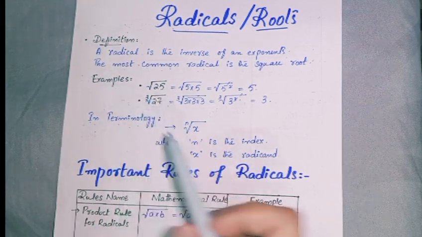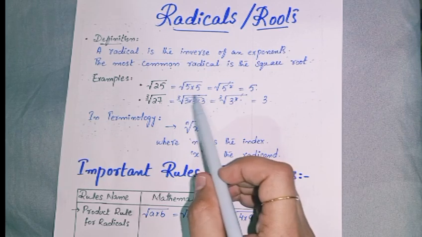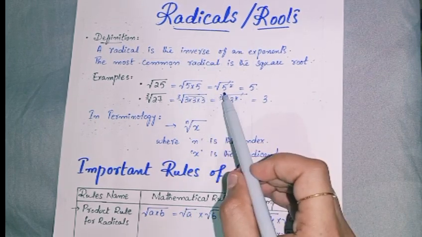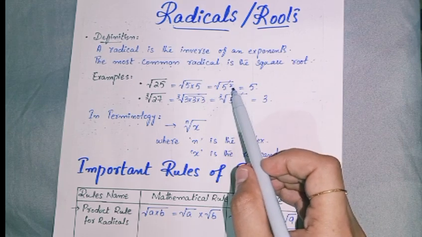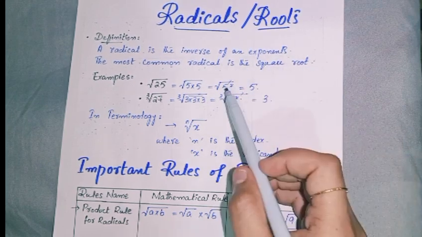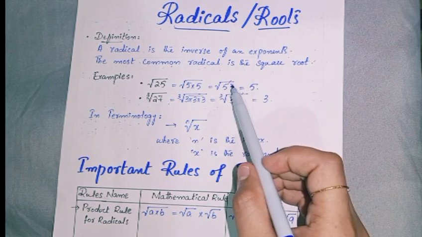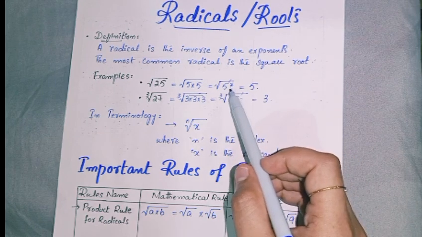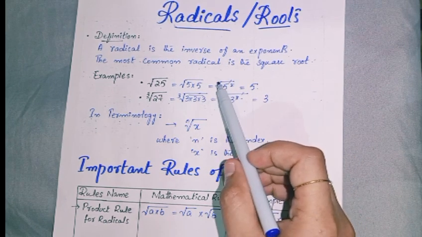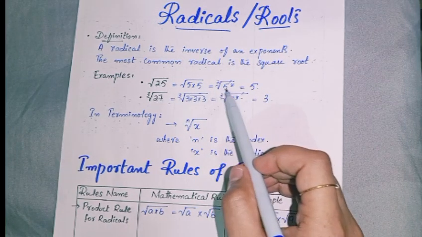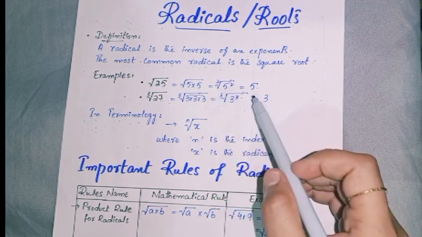Now 25, if I'm just taking the product of 5 into 5, we'll get 5 square. It means 5 is 2 times, so I'm going to write it as 5 to the power 2, or we can say as an exponent. So 5 has an exponent, that is 2. So we'll get the answer 5 here, cancelling this power 2 with this square root, because it is a square root, it means it is 2 here. Okay, so when I cancel this power 2 with this square root, I will simply get the